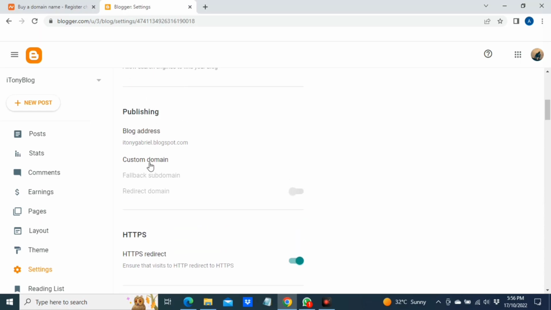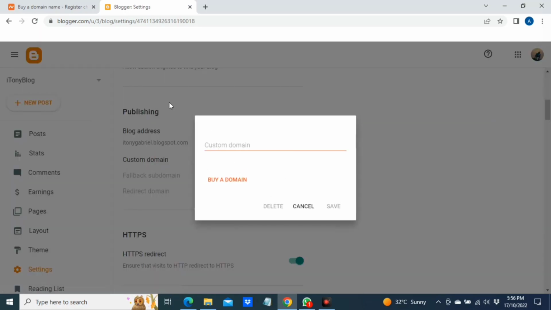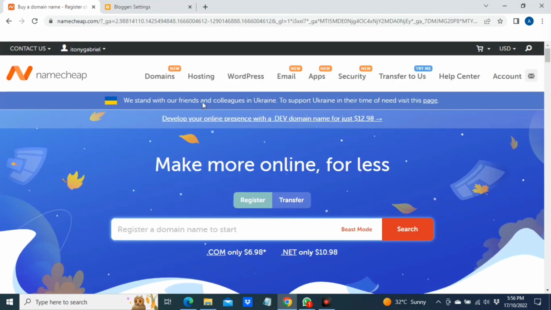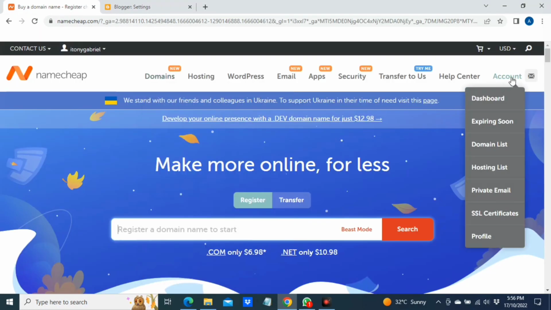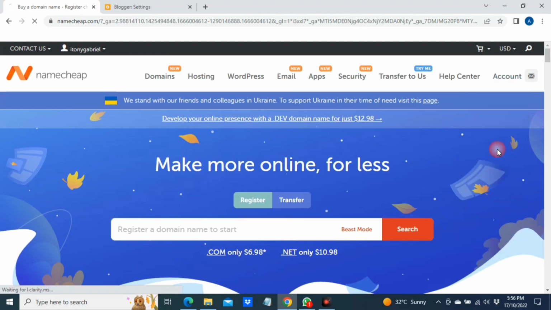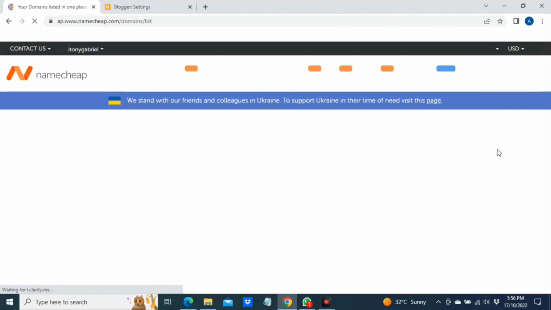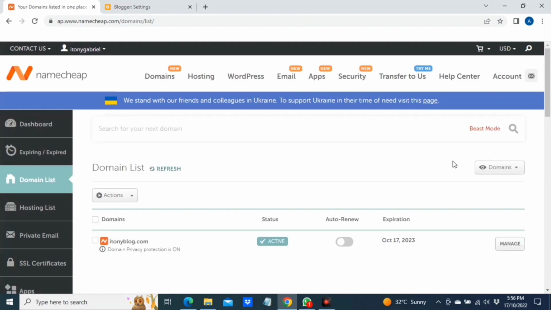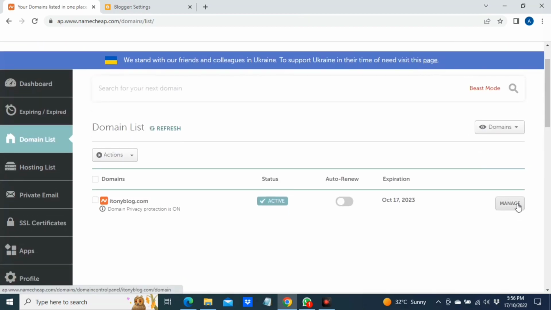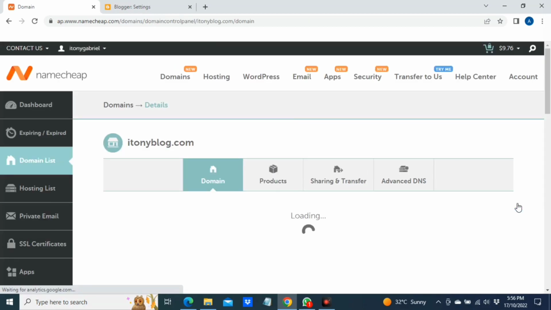Like me, I bought mine from namecheap.com, so I'll go to namecheap.com and I'll go to accounts, click on accounts, click on domain lists. So after clicking that, the list of my domains will appear here, as you can see. So iTonyBlog is active, so I'll click on manage, which will take me to this page where I'll click on